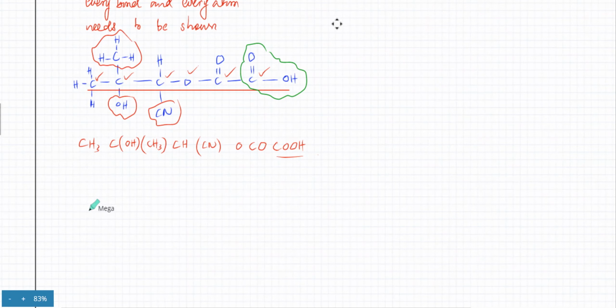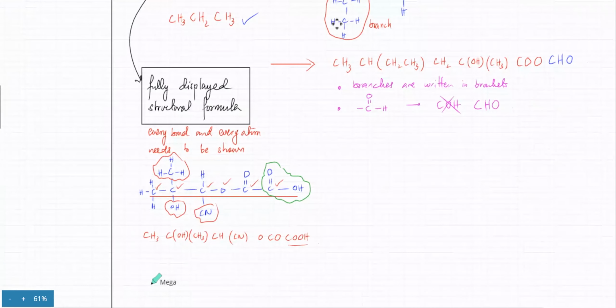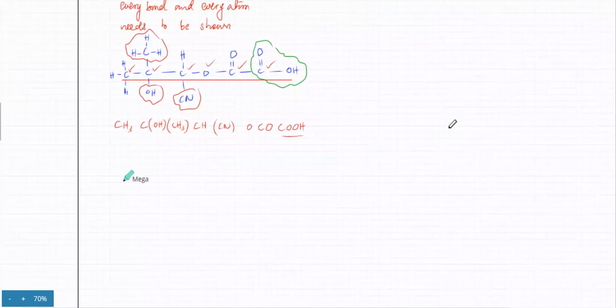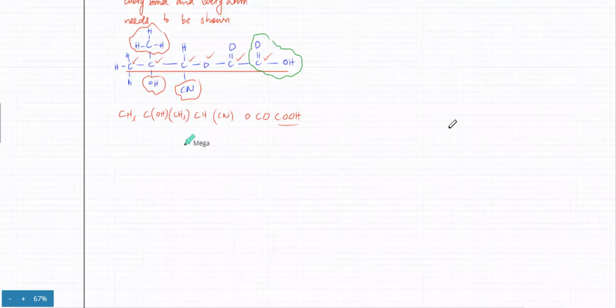That's kind of tricky. Achha, why did we invent a condensed version? Because it was quicker to write a condensed version rather than drawing all the bonds. Drawing the fully displayed formula was time consuming to show all the bonds. Writing the condensed formula was quicker. And now there's an even quicker way of writing organic molecules, and this is the formula that is usually followed. This is the quickest way of writing an organic formula, and that's known as a skeletal formula.